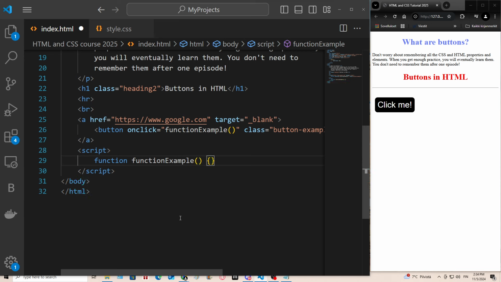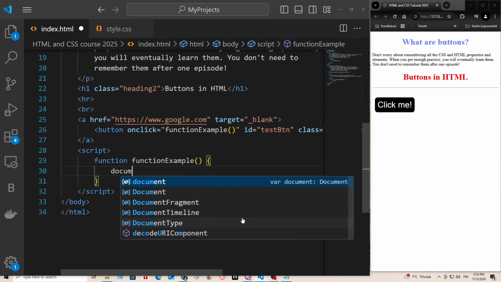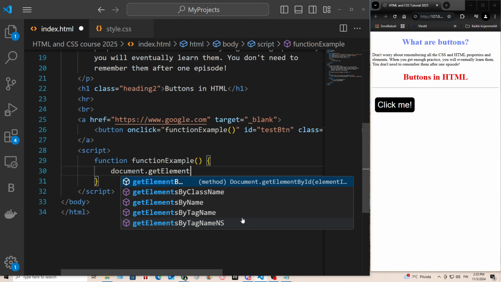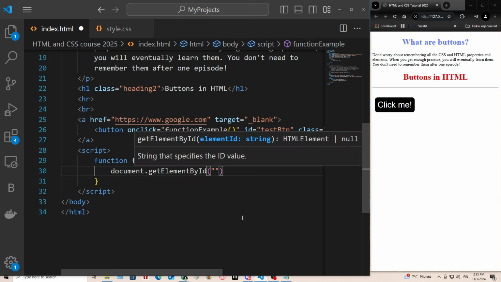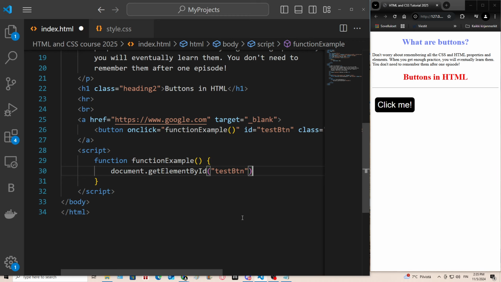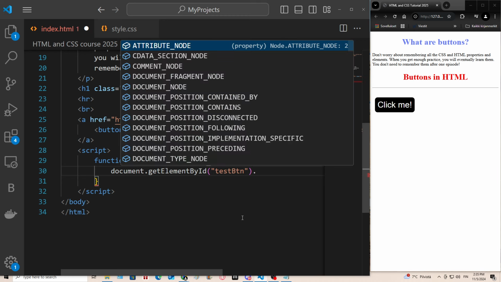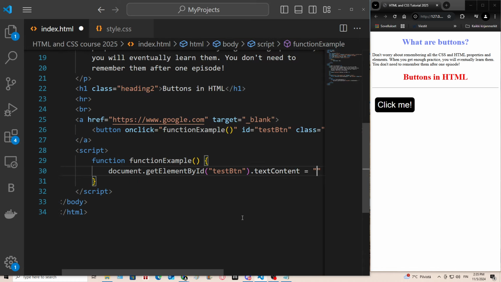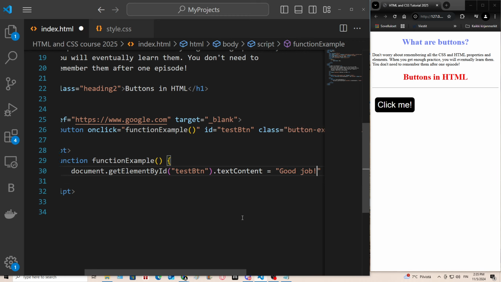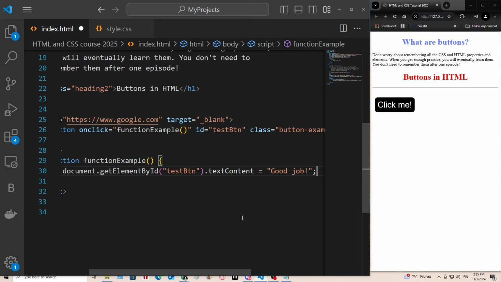So when I click the button, we will execute this function. I'm gonna add an ID as well. So this button has an ID of testbtn. So when I click, I'm gonna do document.getElementById, the ID is testbtn. Then I'm gonna access the text content and make it equal to good job. And remember to add a semicolon. So when I click this, actually,